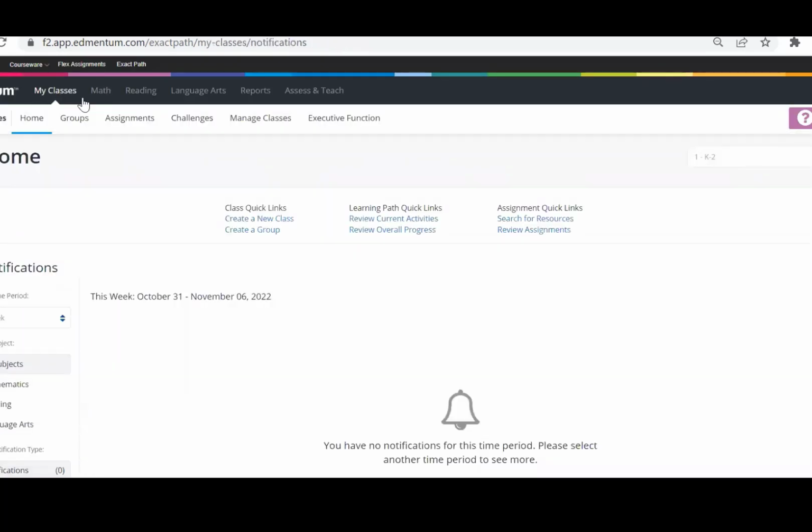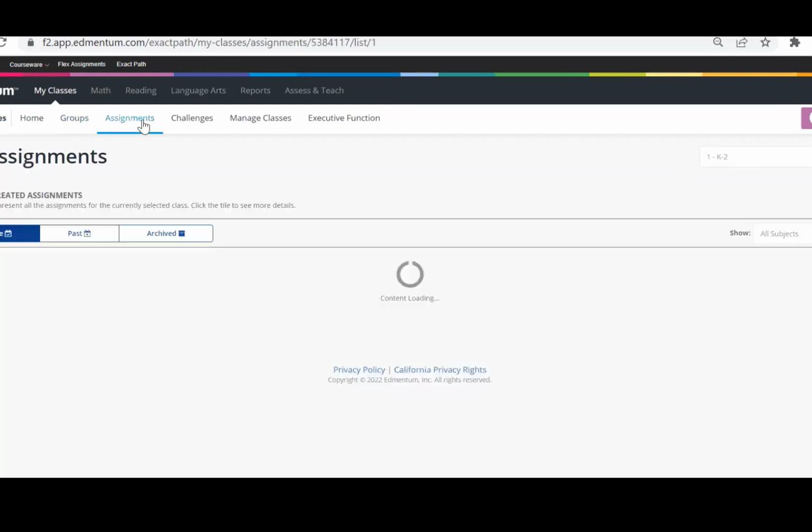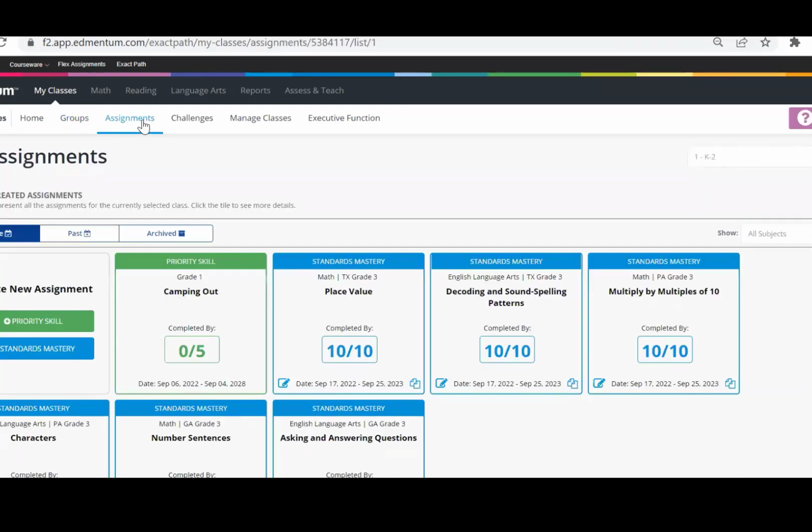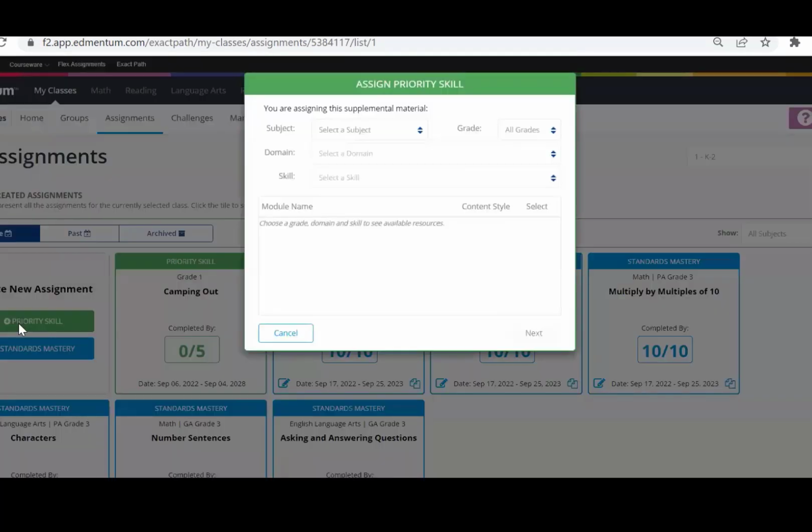Now, in my classes, we have groups and assignments. Let's start with the assignment feature, because this is the first one we talked about on the screens we were watching on the slides. The assignments is where a teacher wants to intentionally push out a skill, a priority skill, whether it be on grade level or maybe below. They can use the data from the assessment, or they can say, you know what, based upon the learning path, this is where my student is, and I need to give them a priority skill